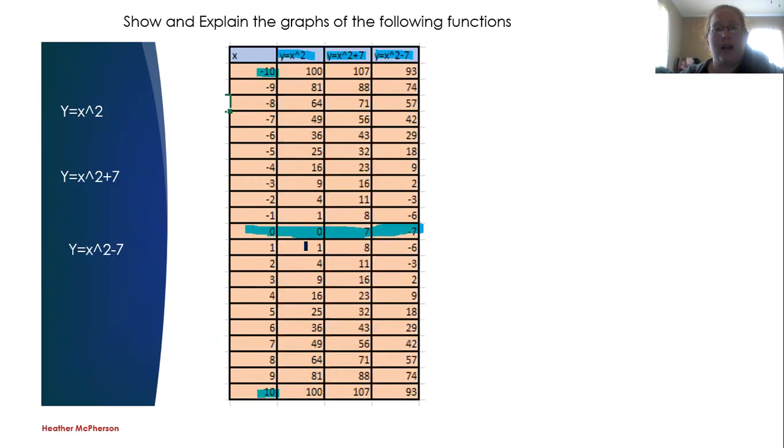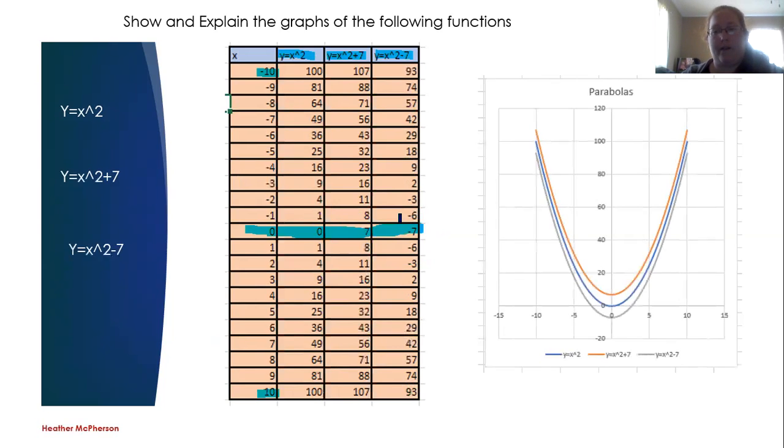And as we can see, the first equation is going to be 0, 0, then 0, 7, and 0, -7. So those are the first points I would put on a graph. When we look at these 3 graphs, we see that we have 0, 0, 0, -7, and 0, +7. So we have our starting points, and again, look at the parabolas. You can see that the graphs are pretty similar. The only thing is they start at different points, but they grow the same way, and they look like